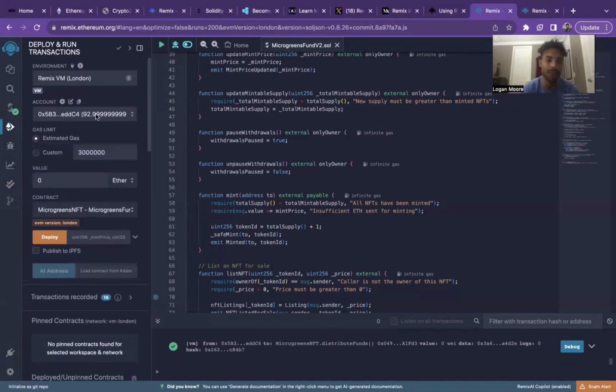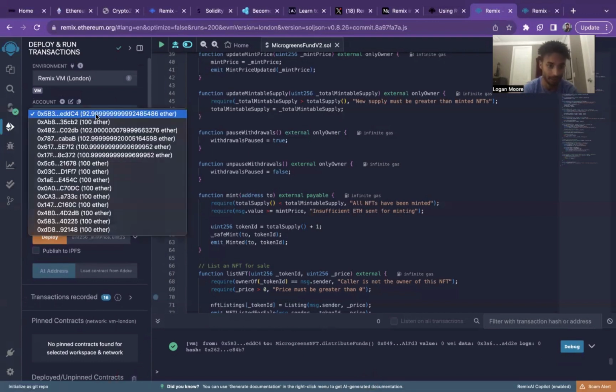Now we just want to see essentially that each of the account numbers has moved up 1 ETH each, roughly, which looks like it did. It looks like we're successful in that aspect. Solid. All right, so now I think what I'm going to try doing is I'm going to grab this account